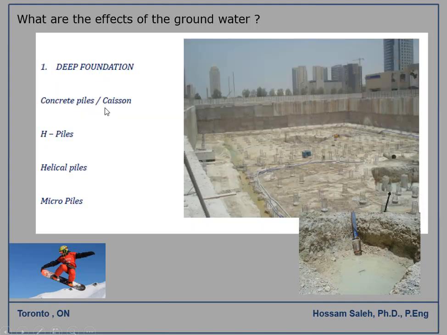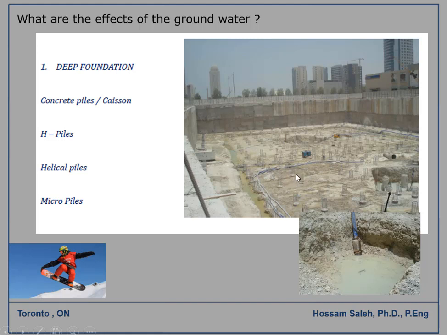Now the deep foundation, when we speak about that in detail, you can have concrete piles or caisson, as we call it in Canada or North America. In this picture you can see different concrete piles, and they are very deep in the soil. I was working on this project in the Gulf region, and here you have about a 12-meter deep pile inside the soil, and you put the steel cage, you pour the concrete, and you can have